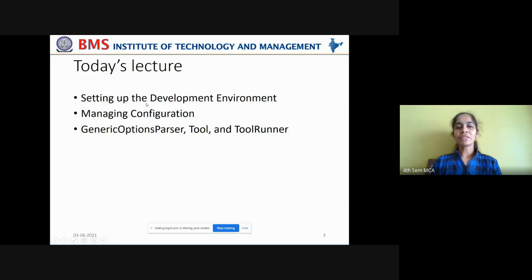Now, in today's lecture, we are going to focus on setting up the development environment using the Maven build tool, how to manage the configuration files, and how to use GenericOptionsParser, a class which is used to override the properties given in configuration files from command line arguments.